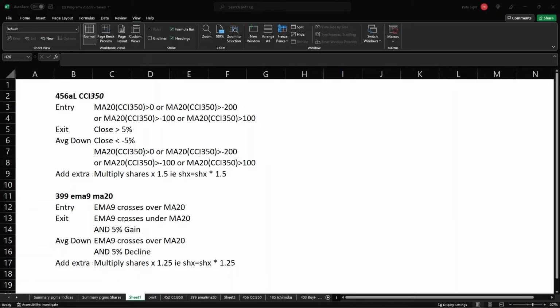Okay, first I want to explain the two strategies. This is the logic for each one. So for the CCI350 on the entry, I apply a moving average 20 on the CCI350. So whenever that moving average 20 of that CCI350 breaks above zero, or breaks above minus 200, or breaks above minus 100, or breaks above 100, we enter a trade. And what that looks like